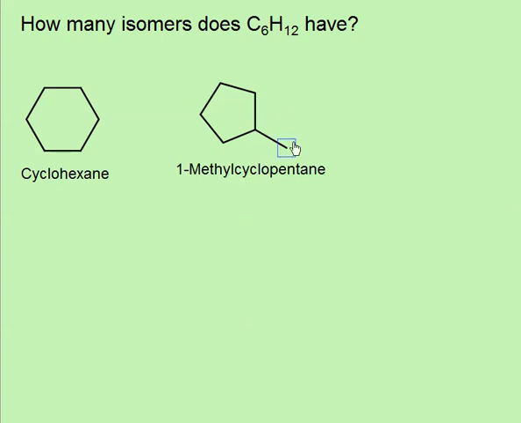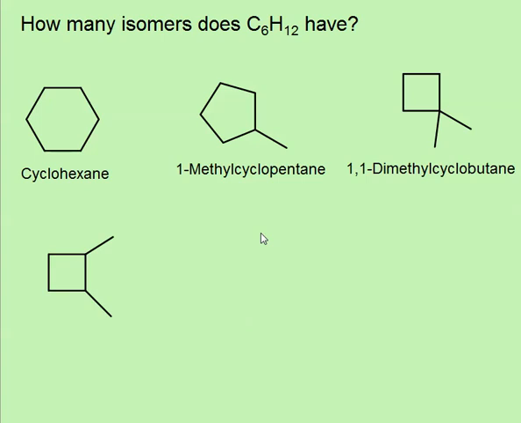We could introduce another branch if we reduce the ring size by another carbon, take it down to just 4 for a cyclobutane derivative, and put them on the same carbon to make it a 1,1-dimethylcyclobutane. We could put the 2 methyl groups on different carbons next door to each other, and that would give us